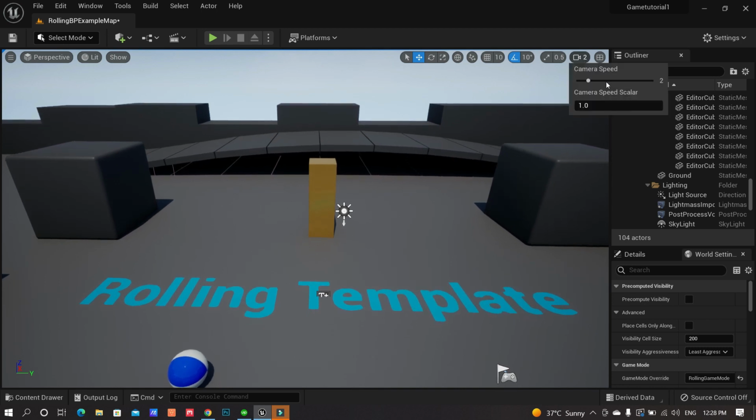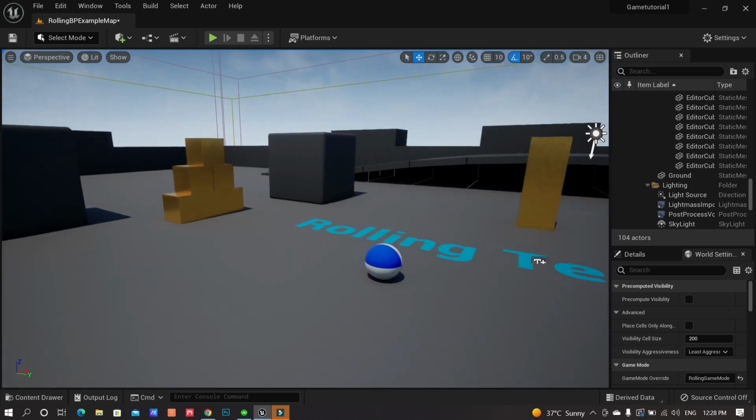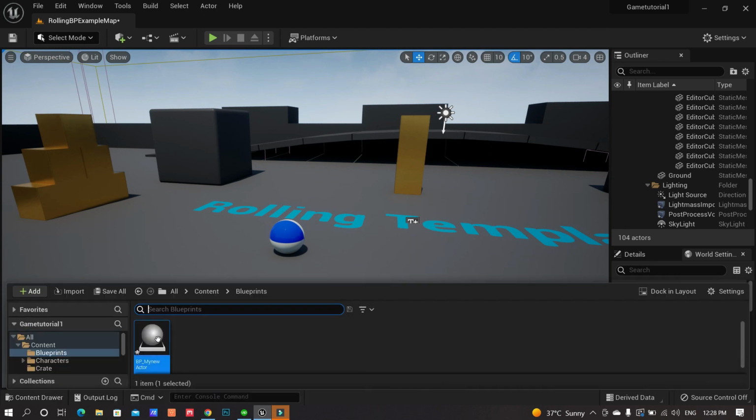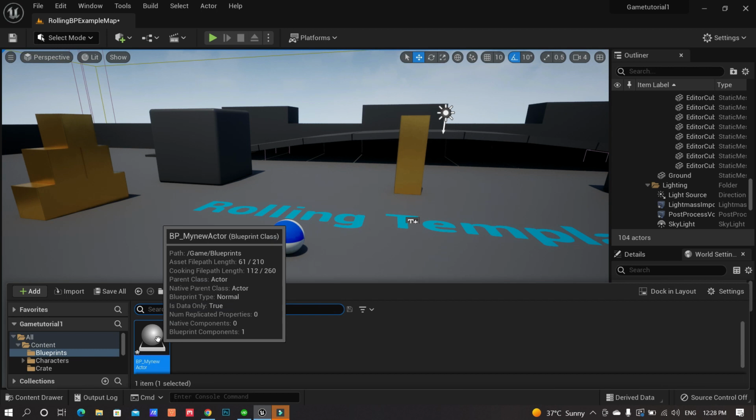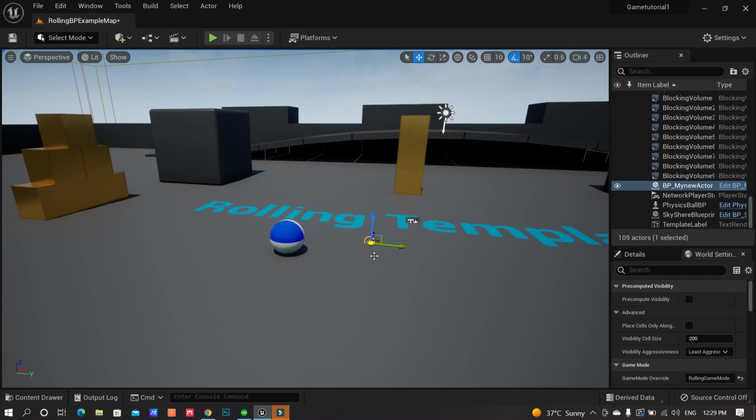Let me just make the speed a little faster for the camera. Okay, now like any other asset which you can place in your viewport, you can also pick your particular blueprint and bring it into your world.